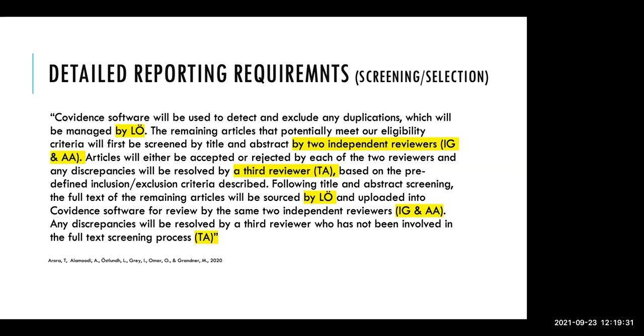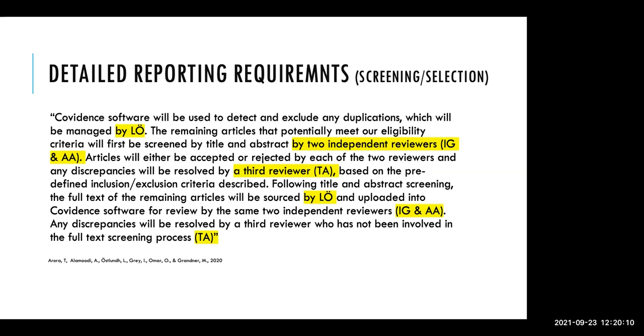So in a systematic review, you're describing in detail what you are doing, who is doing it, and also highlight that it has been done independently and blinded. They have not sat together to go through these papers. They have worked independently in a specific software. So this is also a difference to almost any other publication type. Systematic reviews are the ones with the most detail describing the exact process of how things have been, in this case, screened